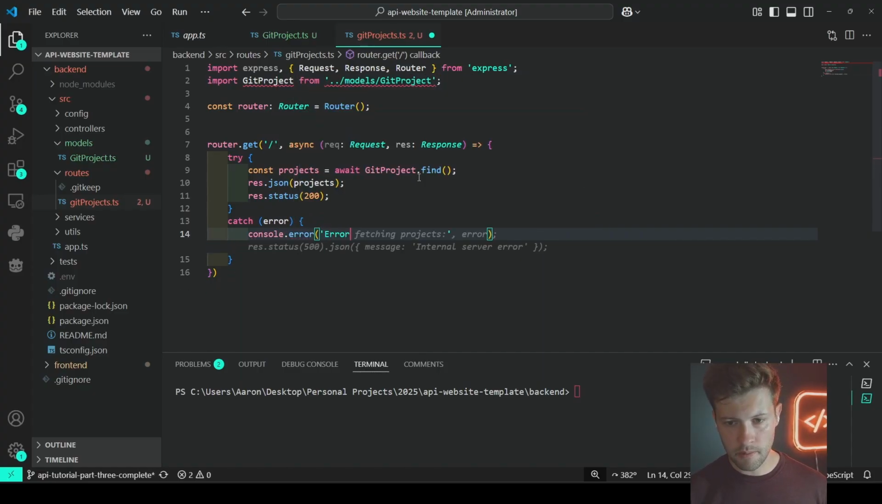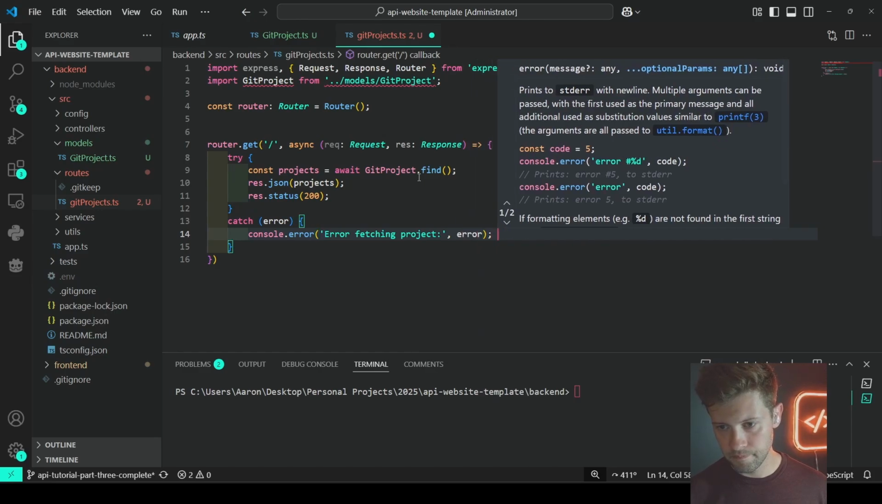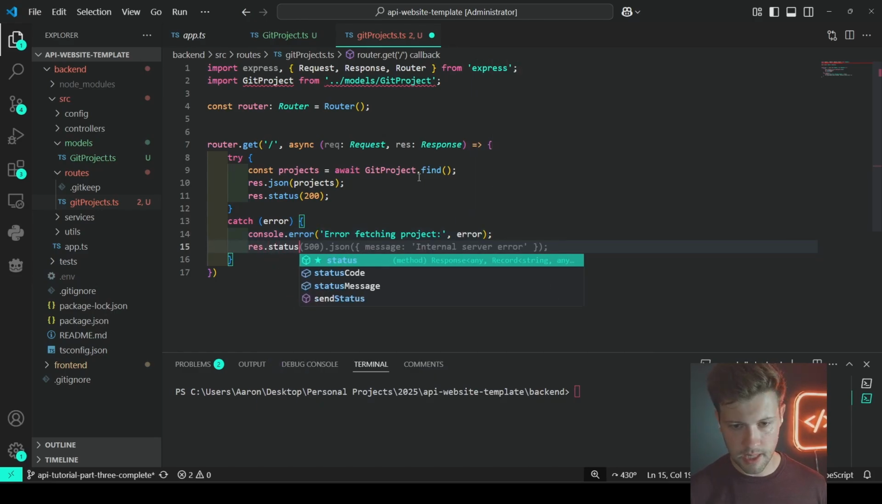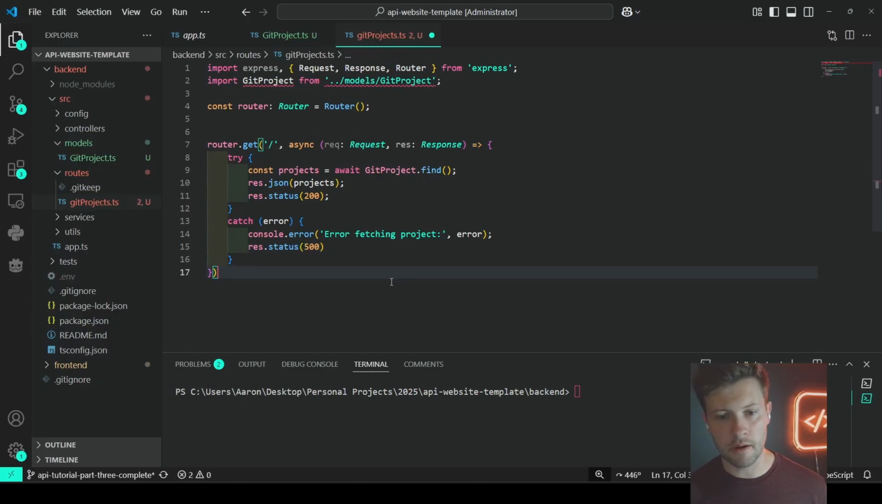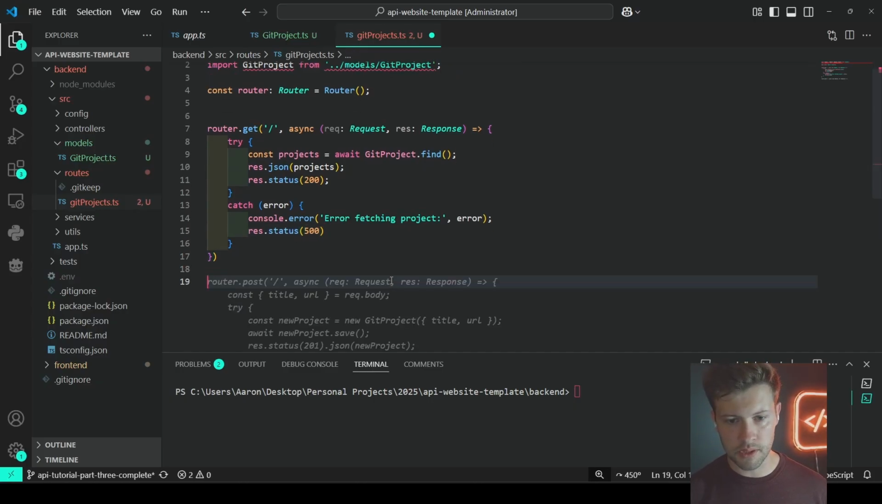And just say error fetching projects, so we know what's going on. And we'll include the error. And we'll also return a status code 500, which just tells the front end that there was an internal server error. And then finally, we'll just export